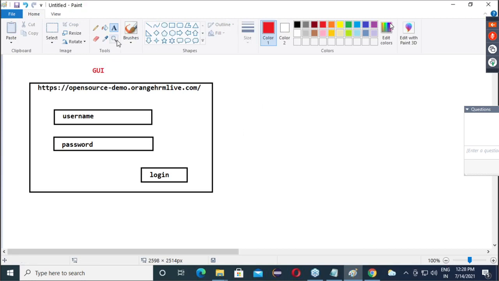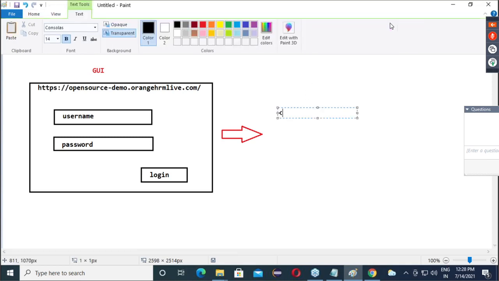Now internally, this web page has some kind of setup like this. Username has an input, am I right? Internally, input type equals text. There will be another attribute available.